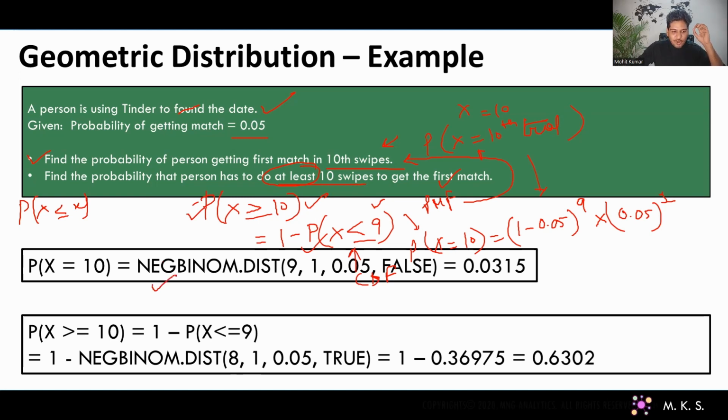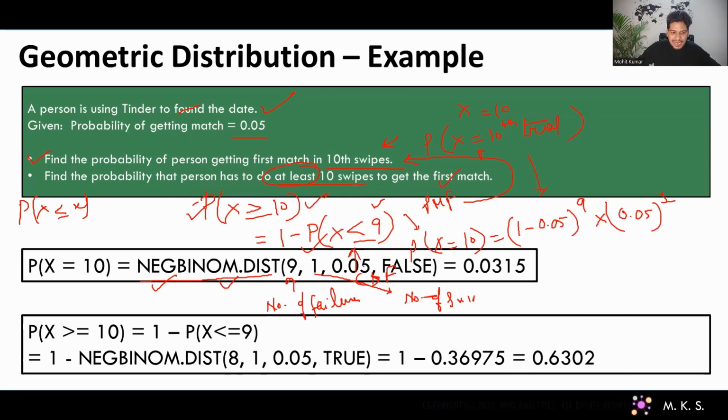We have the negative binomial, and this was the first part which I mentioned in our first slide, that the geometric distribution is a special case of the negative binomial distribution. So there is no direct formula, but indirectly using Excel you can calculate. Now this formula we talked about in our last video, guys, NEGBINOM.DIST. This is for the negative binomial distribution. In this, our first argument talks about the number of failures, right? Second argument talks about the number of successes. As we know, in case of the geometric distribution, r is 1. So here it will be 1.